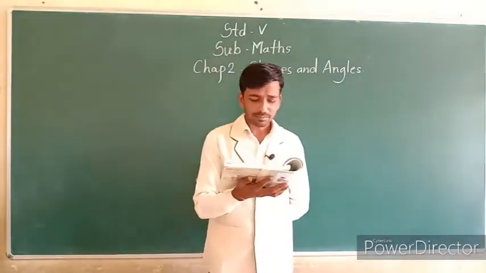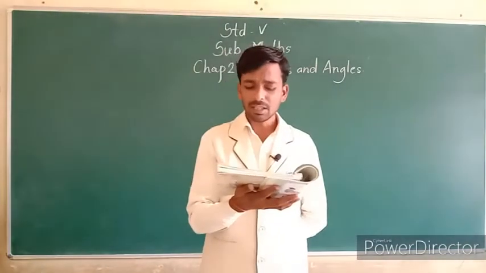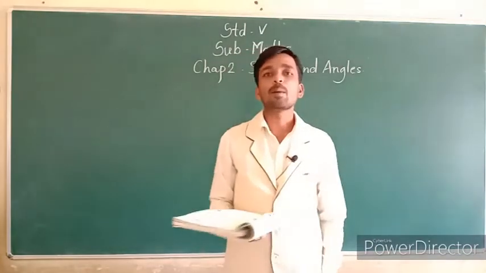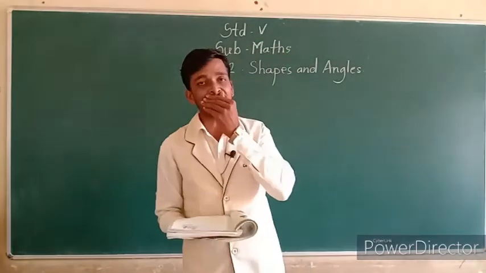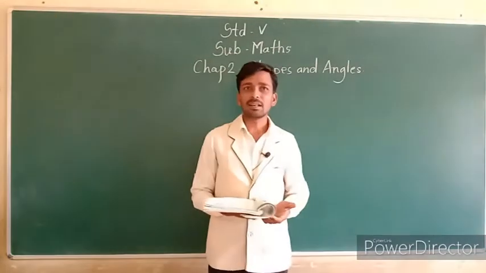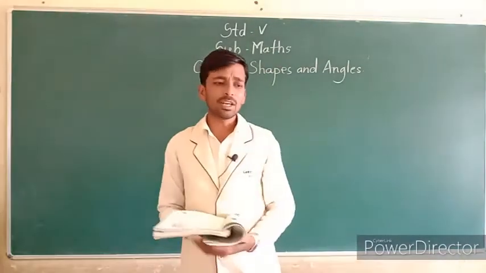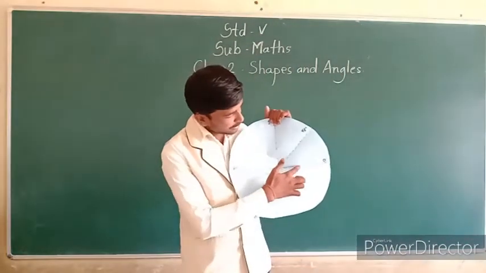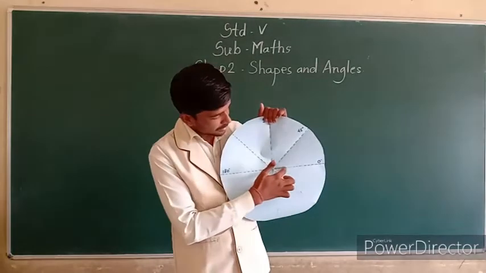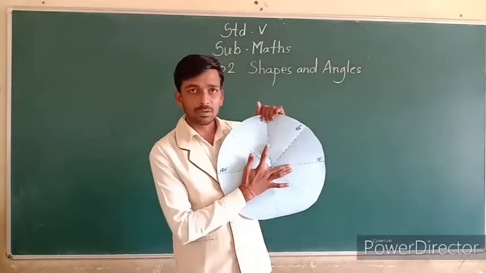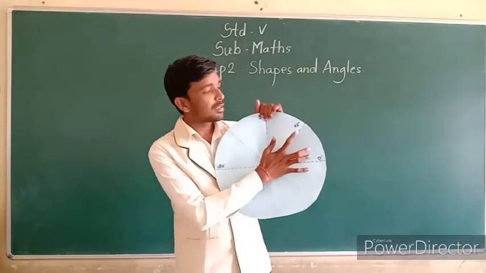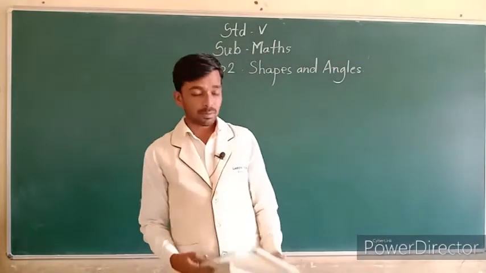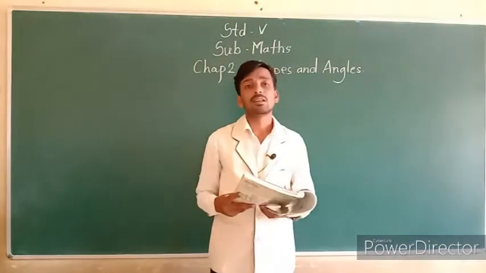Okay, next, can you guess how many degrees is the angle which is half of a right angle? You know, a right angle means 90 degree, and half of a right angle, I will tell you. Okay, see in this picture, in this circle, this is 90 degree from 0 degree to this line. Okay, half of 90 degree means 45. So your first answer is, half of a right angle means 45 degree.